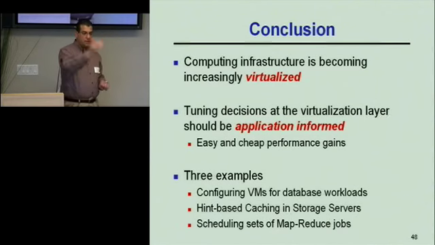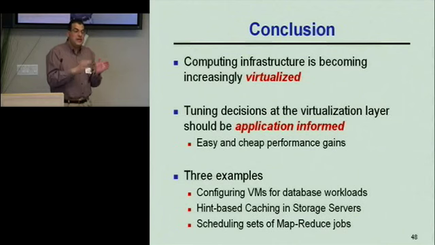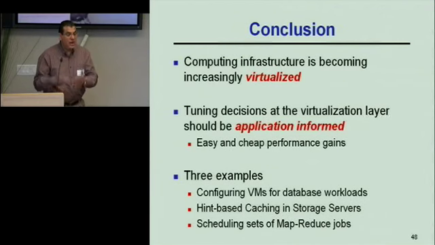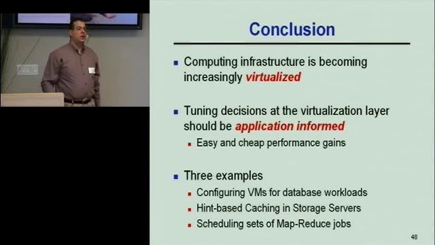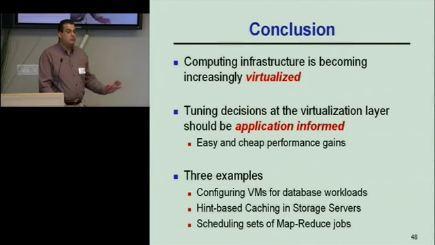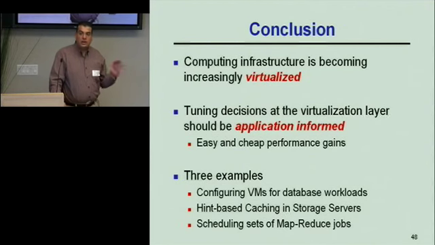Now, if you take this a step further, you'd run MapReduce, you'd build your model based on some tasks, and you'd run tasks that don't necessarily have to be the same, but they have the same characteristics. They're accessing the same data sets, for example, doing the same kinds of computation and so on. Now, if there's a task that you haven't seen before at all, then in principle, it would be great to be able to do this scheduling online, but then we'd have to figure out how we're going to model the performance of this task in an online way, which is something we haven't figured out yet.